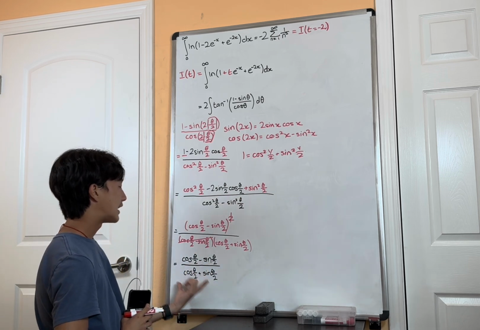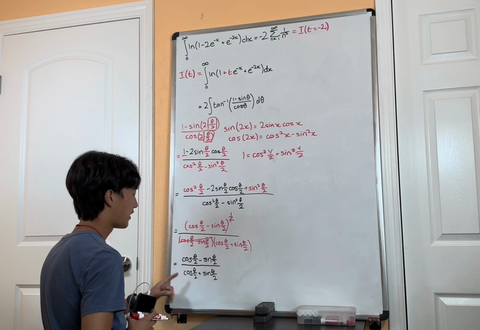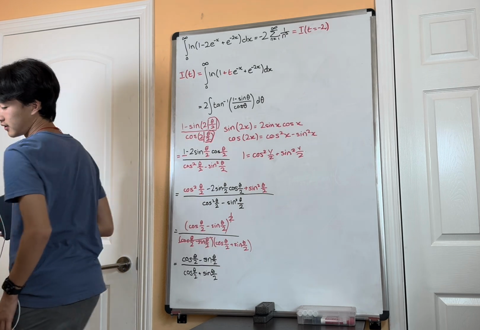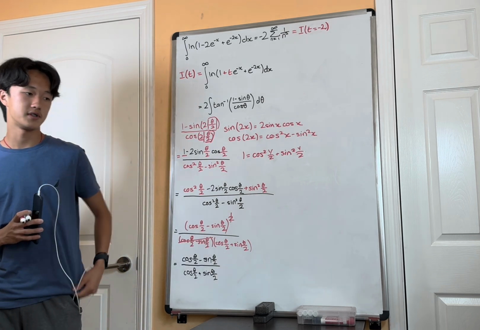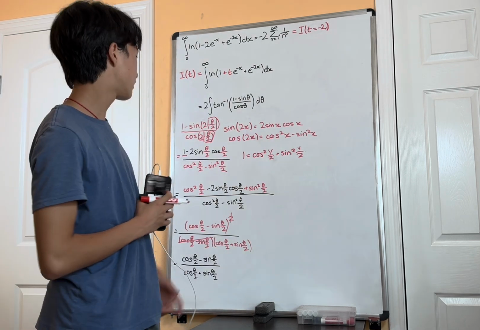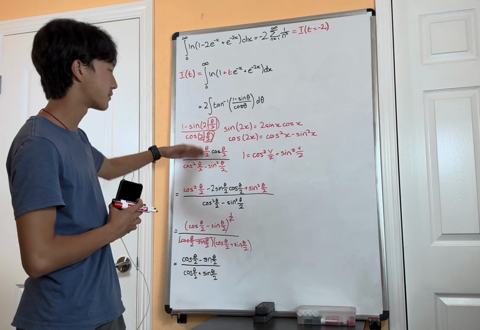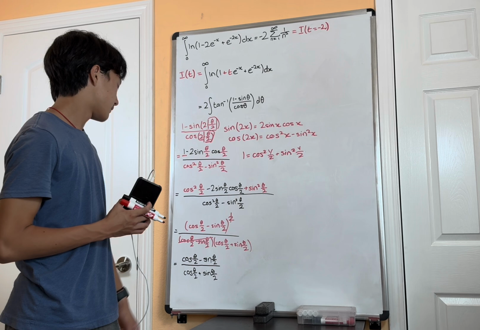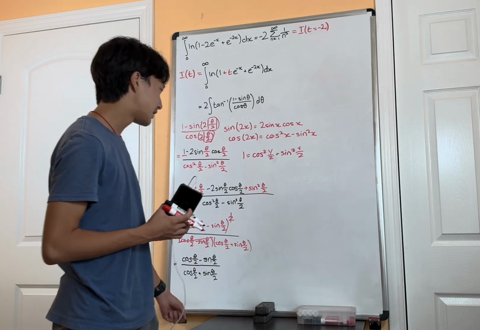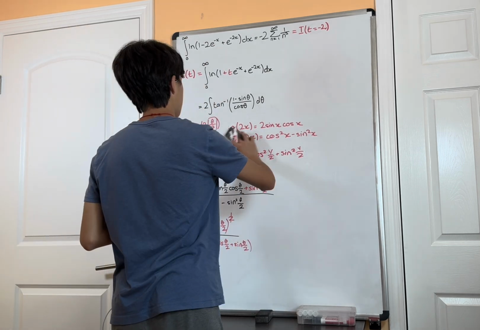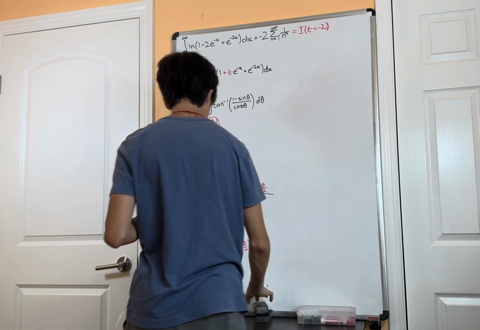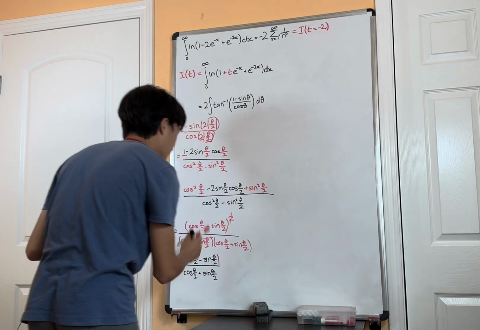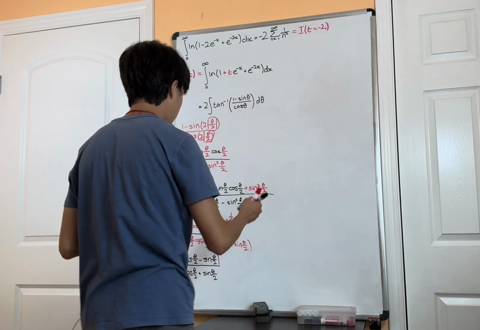Okay, so we now have more symmetries to work with, right? There's a minus on top, there's a plus in the bottom. So now we can see that this is in a much more usable form. These first two steps just might have been not that obvious. But from here, we're almost in a tangent form, right? Because I'm going to move this to the right-hand side right here. If you notice that if you just went ahead and divided both the top and the bottom by cosine of theta over 2, then,